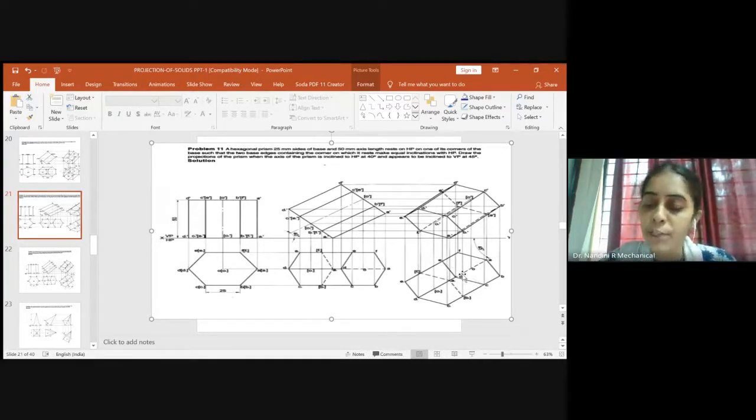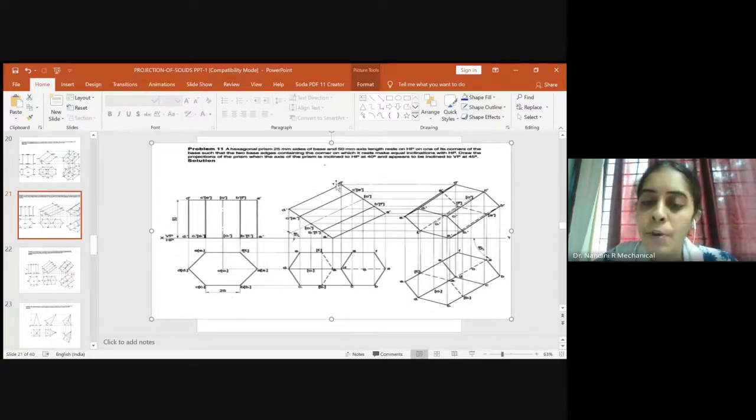Sorry, how does the front view look like? So please extend the projection from each corner. I'm not telling you the name of every corner, it's understood. Don't leave any of the corners, both of the bottom and the top. Kindly take the projections. After taking the projections, also take the projection from the center of the bottom as well as the center of the top surface. Once this is done, you can extend the projection from the front view also.